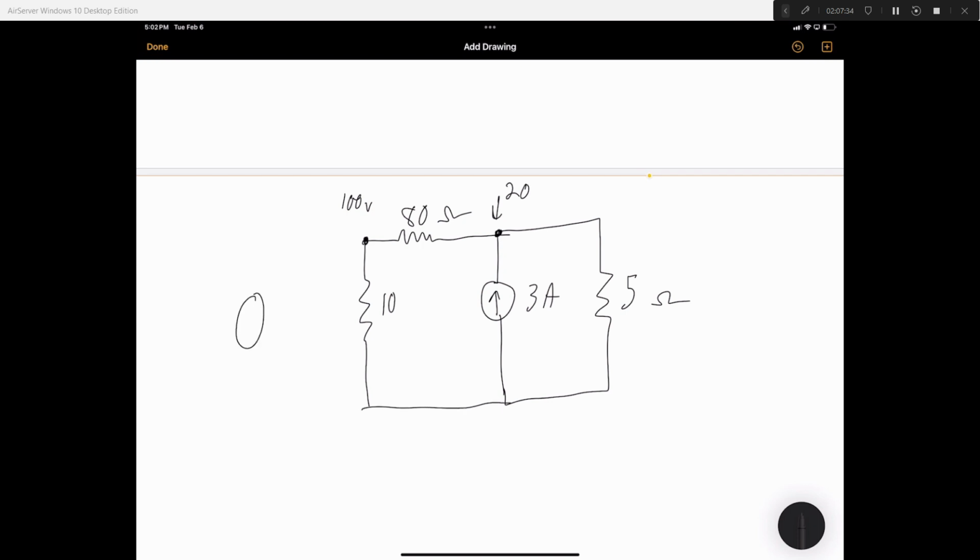We have this voltage source over here. In previous problems, how did we figure out the voltage generated by the current source? Well, if we're going from V2 to the ground, V2 minus 0,